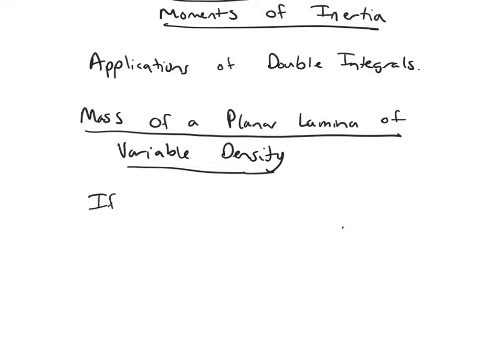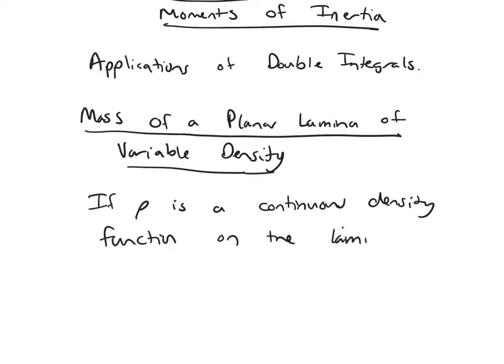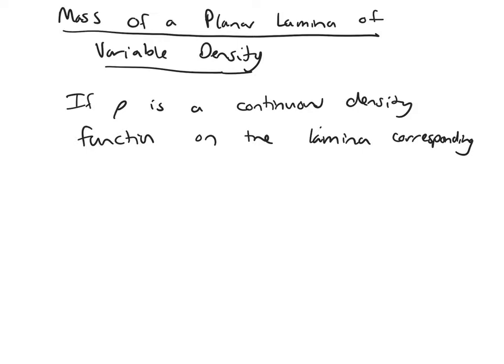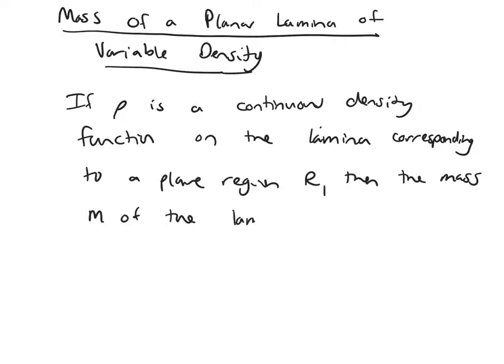So if rho is a continuous density function on the lamina corresponding to a plane region R, then the mass M of the lamina is given by